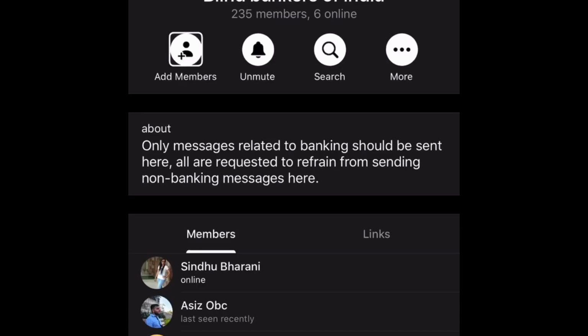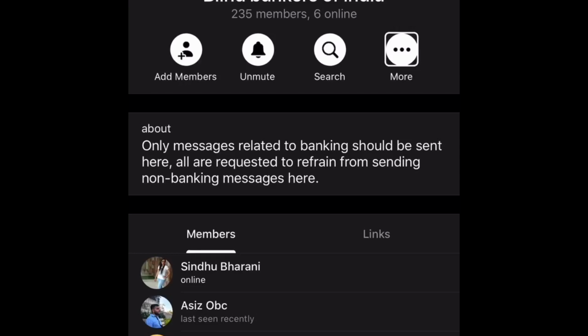Let's flick right. Notification. This is notification, which is the mute button. Flick right. Search. You can search for the messages in the group. More. This more contains leave group option, but this is not at all accessible. And there are few more options in the screen like view members, links, docs, etc., but they are not at all accessible, hence I am not covering them in this tutorial.